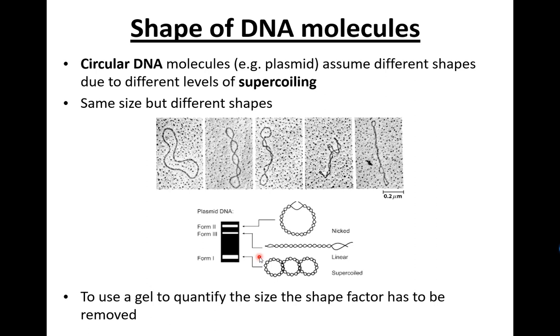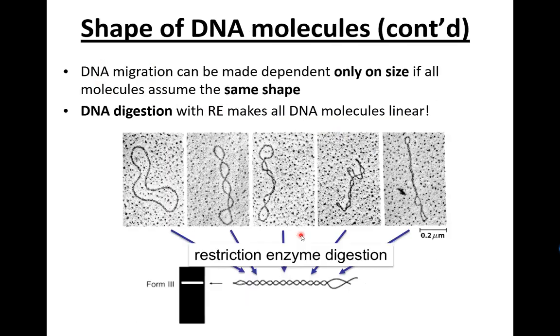Now, how can you overcome that and make sure that all of these molecules can move at the same rate? By getting rid of the difference in shape. And how can you do that? Exactly with restriction enzymes. If you take this molecule and you cut them all with the same restriction enzyme, let's assume EcoR1, one of those that we mentioned before. Let's assume it cuts only once. You cut it here. It will cut these too. They are all the same sequence of DNA. All of them at this point will be made linear. The supercoiling will be lost, and all of them would have the same shape,